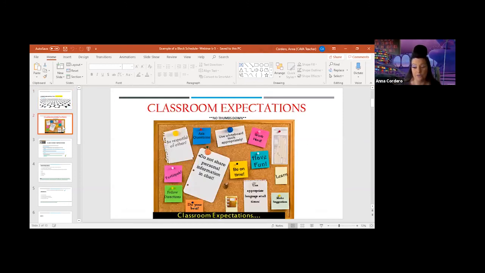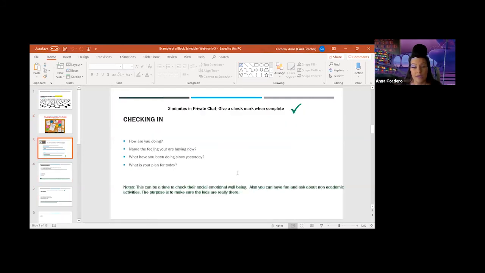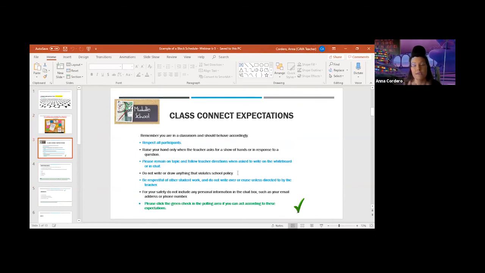I'm going to show you two different options of what I do. You are adjusting this for what works for your students. If you have language already in place, use that language. I gave you what I'm using. You can pare this down. For kindergarten, it could be use kind words, share, try your best, that kind of thing. You can do it in a bulletin board, or in a more formal piece like here. Either way, this is their commitment with you during that live session of what you're expecting them to do. This is transitioning them to learning time.